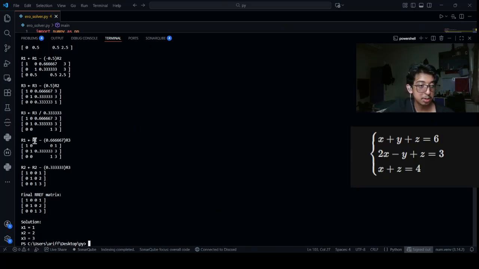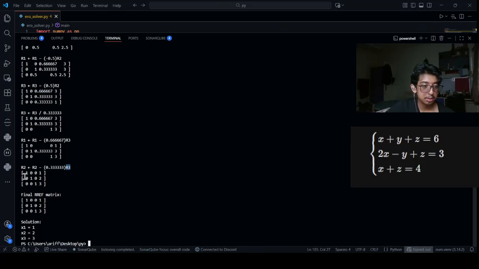That's why we have row 1. Row 1 is R1 minus 0.66667 multiplied by R3. R3 is 1, okay. Next one is R2 minus 0.3333 multiplied by R3, giving us the final answer of